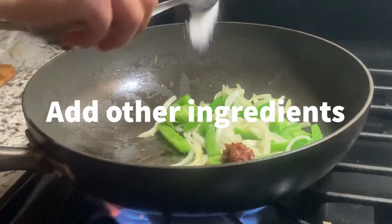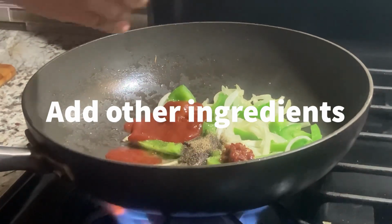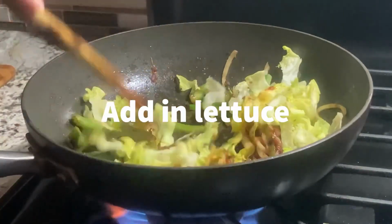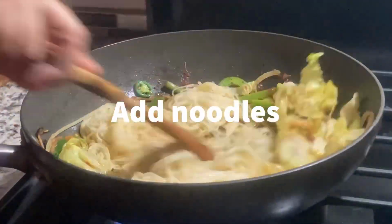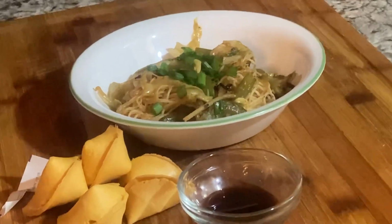After that, add in all of your other ingredients except your lettuce and your noodles and combine them with the bell peppers and onions. After everything is combined, add in your lettuce. Add in your noodles and then mix everything well. Serve your chow mein with some soy